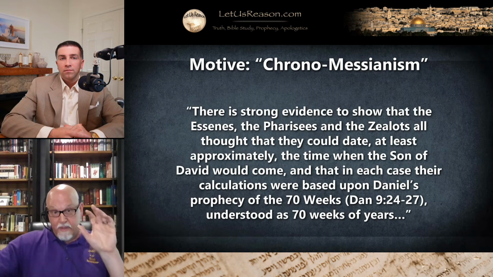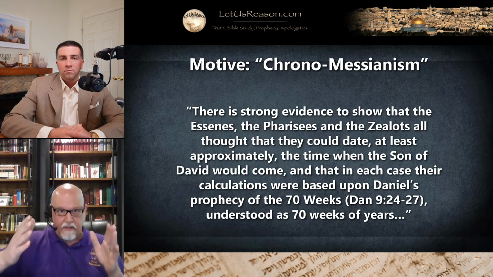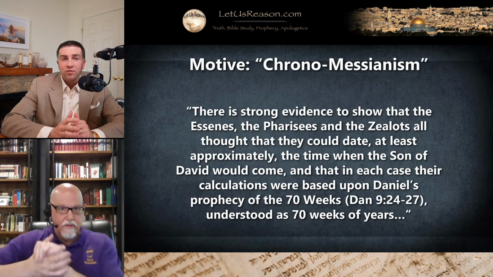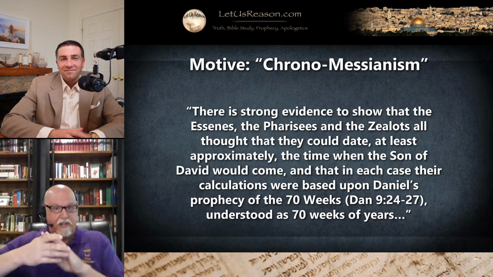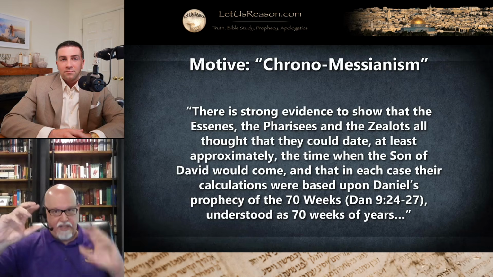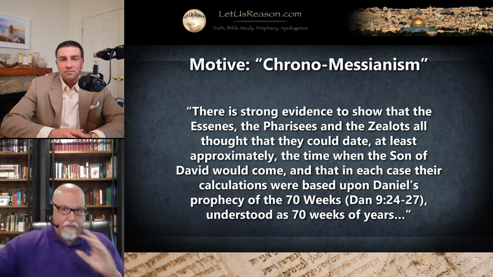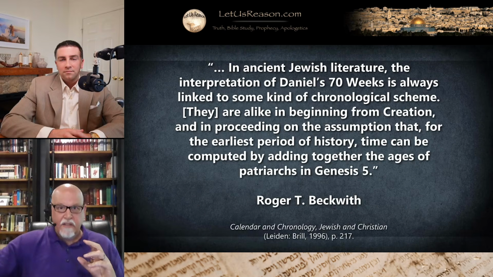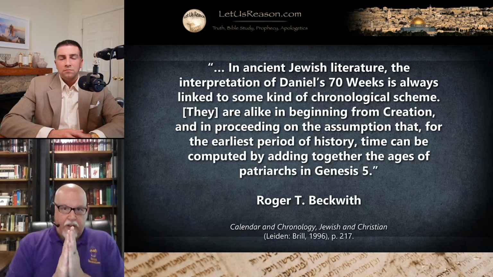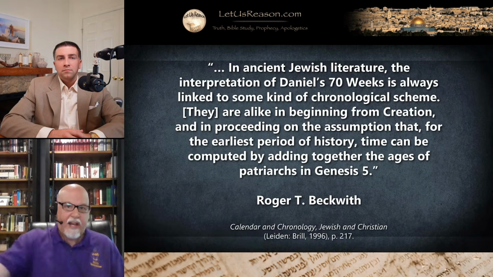There is a movement called chronomessianism, and that simply is a fascination with trying to calculate the time and the coming of the Messiah. Okay, I think we have a lot of chrono-rapturism today. We had chrono-messianism back at this period of time, right? It's kind of the idea. The idea was, you have the Genesis 5 and 11 history. You have the prophecies in Daniel 9. You kind of do the figures and the calculations,